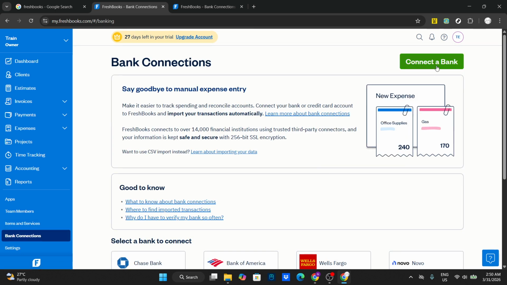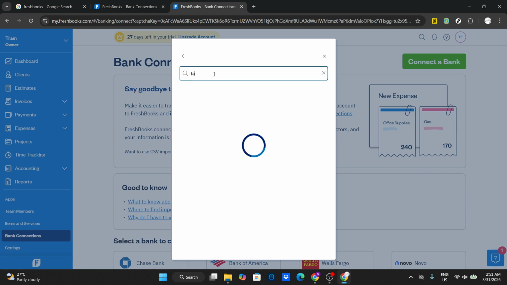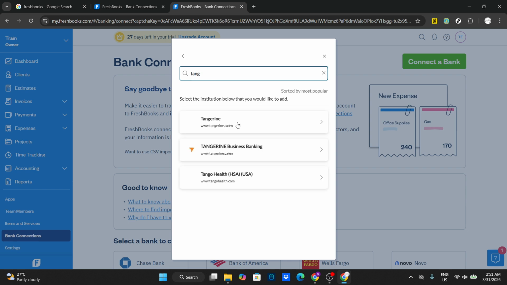You'll see a search box. Use it to look up your bank or credit card provider. Type the exact institution name to narrow the results. If your bank shows up in the suggestions as you type, you can simply click it right away instead of finishing the search. After selecting your bank, you'll be prompted to sign in with the same credentials you use for